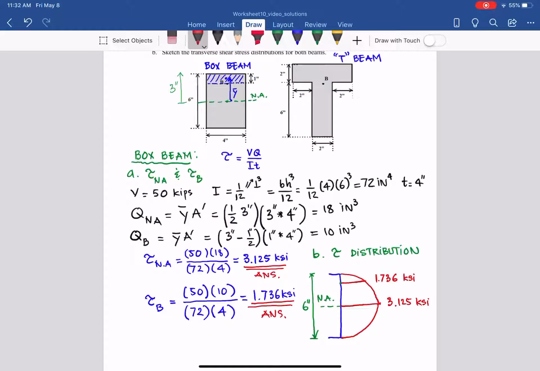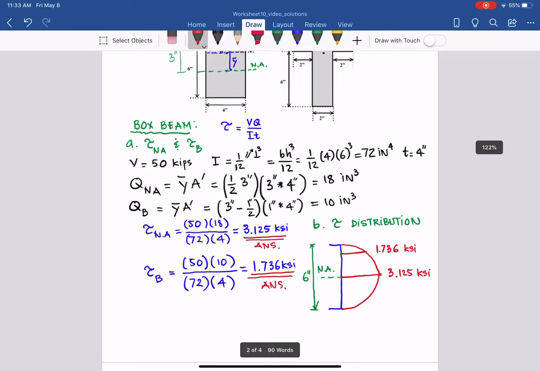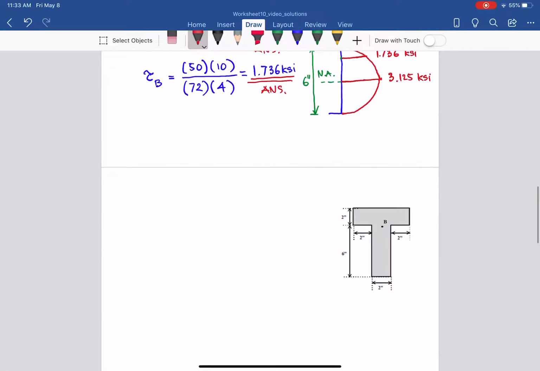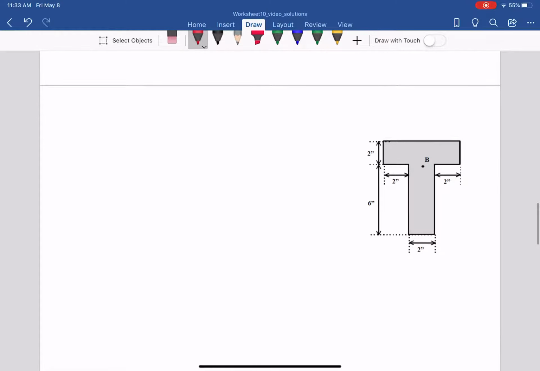And the T is not symmetrical in this case. It's symmetrical about the y-axis, but not the x-axis. We need to find out the centroid first before we can locate the neutral axis. And we did that in the previous lesson on the area moment of inertia. So let's talk about the